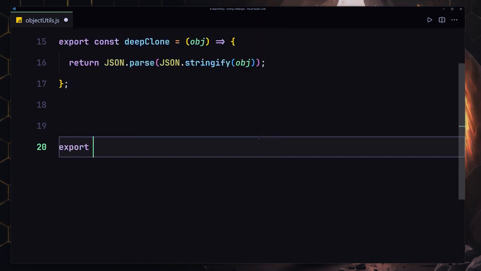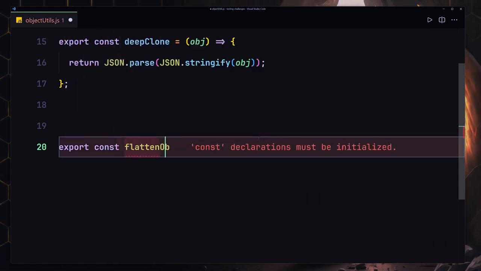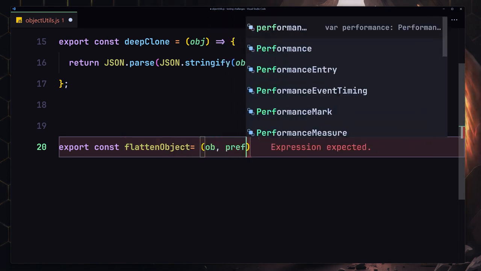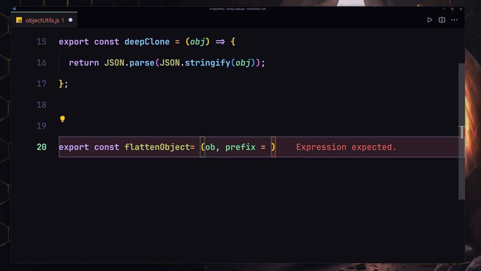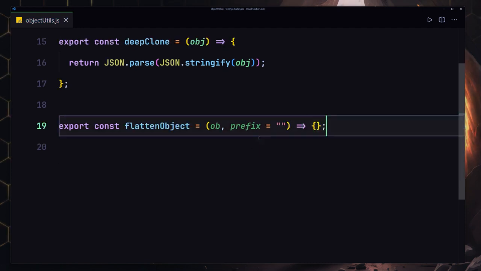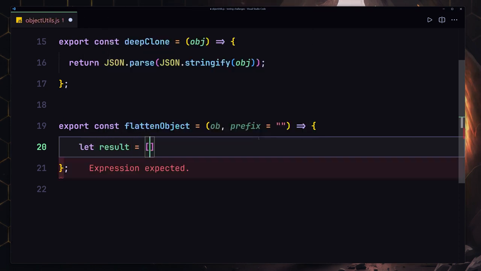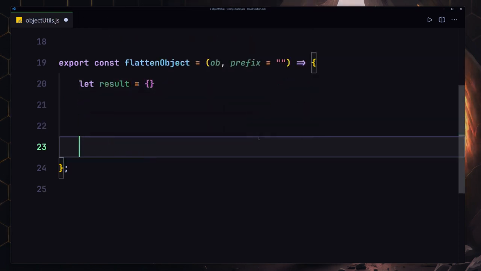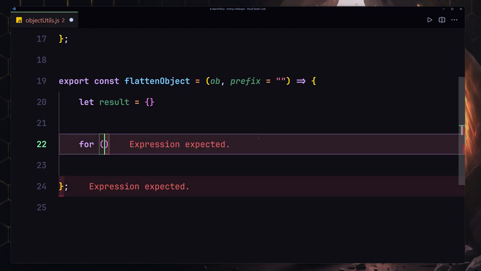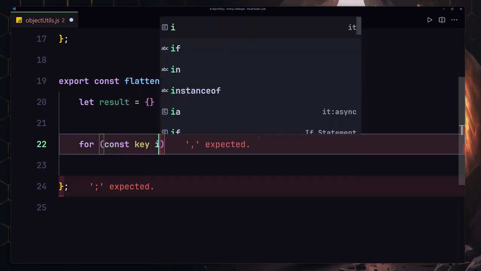And finally we have to create our flattenObject, and it's going to take the object as a parameter. It's going to also take the prefix, like how you want to flatten that. So now the initial value will be set to an empty string, and now let me just save there. So now inside there, we have to first of all create an empty object and store that inside the result variable. And next we have to iterate over the keys, so I'll just use const key in